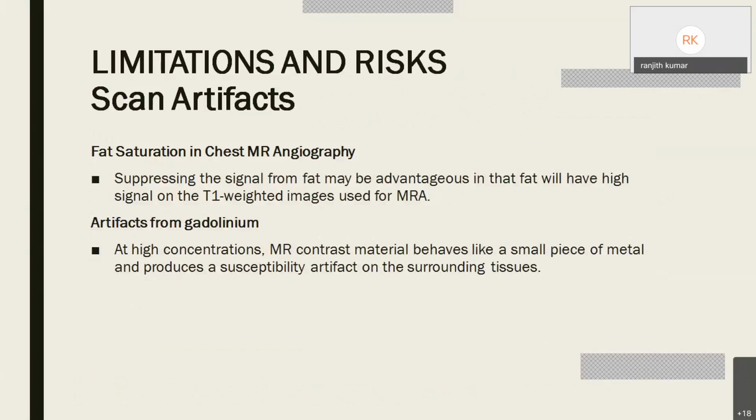with the MRI. One is the fat saturation. It suppresses the signals from the fat and interferes with the signal intensity, that is the hyperintense signal intensity of the vessels during the MR angio. And the other is artifacts created by the gadolinium itself. A large amount of contrast, if given, can produce effects like a metal piece and is susceptible to the surrounding